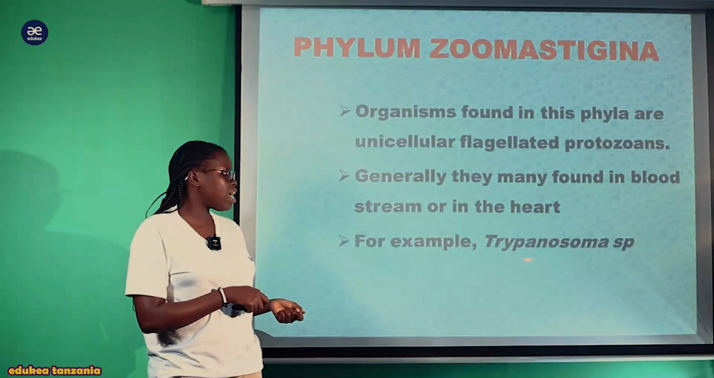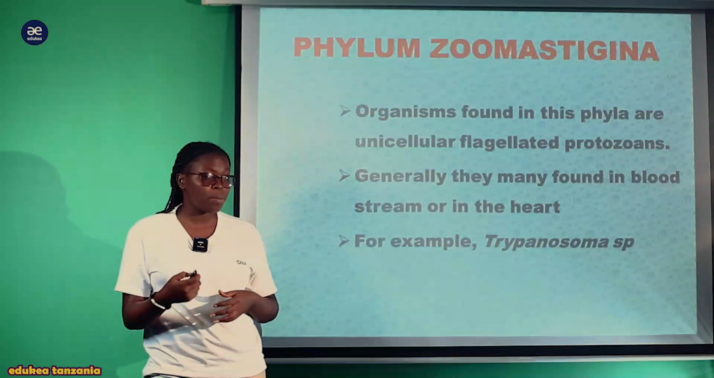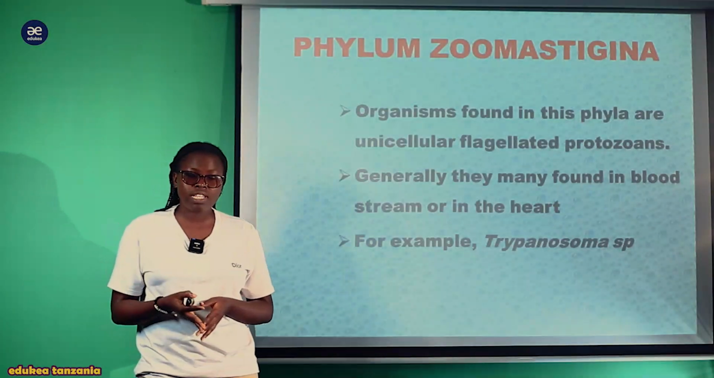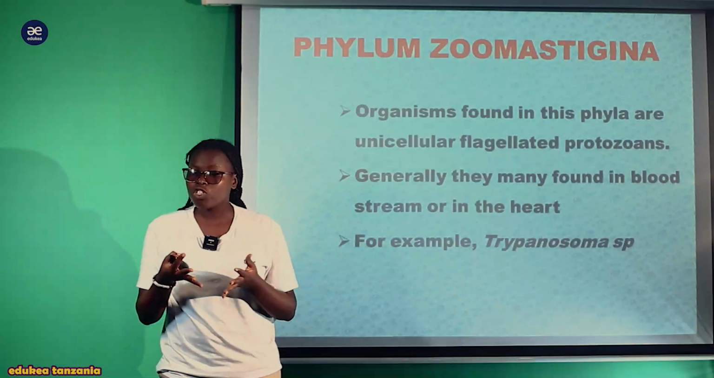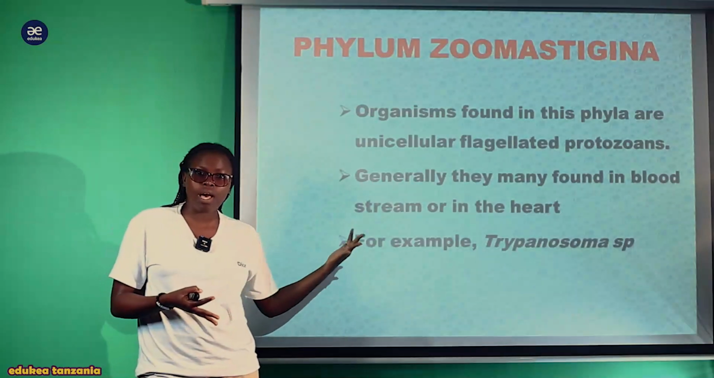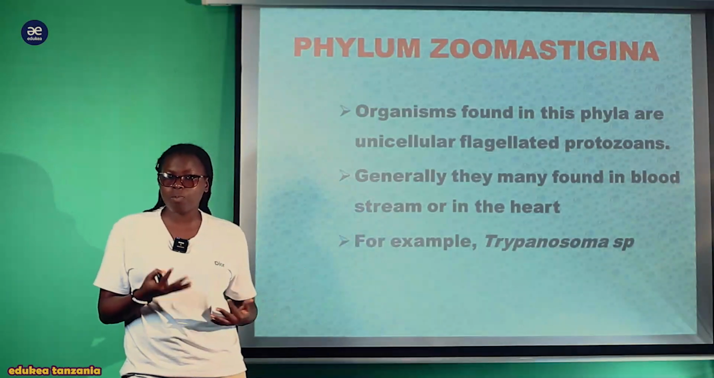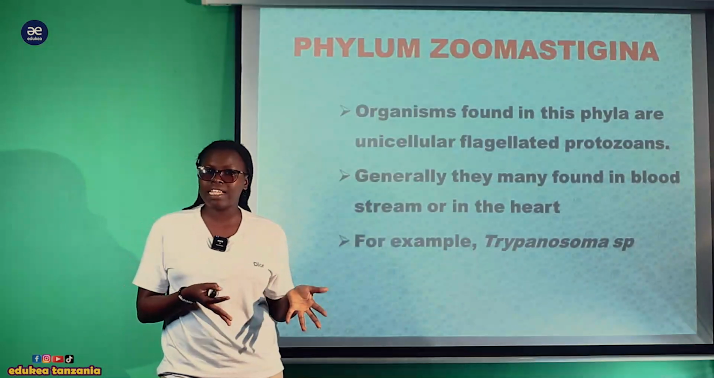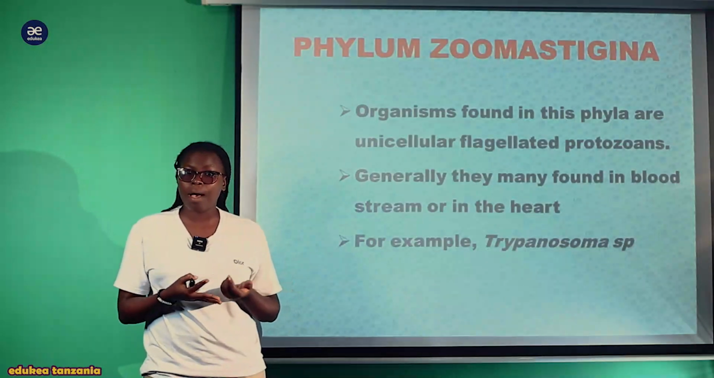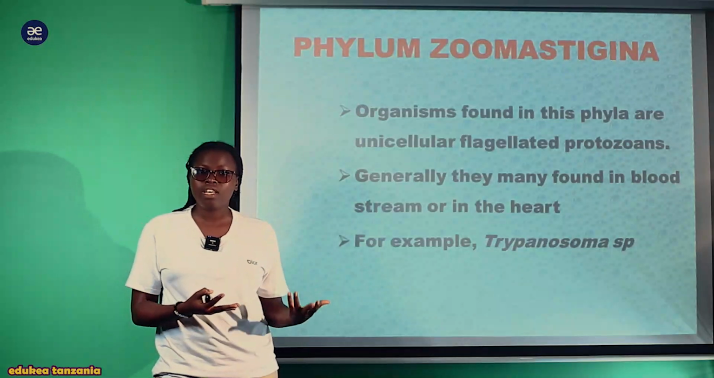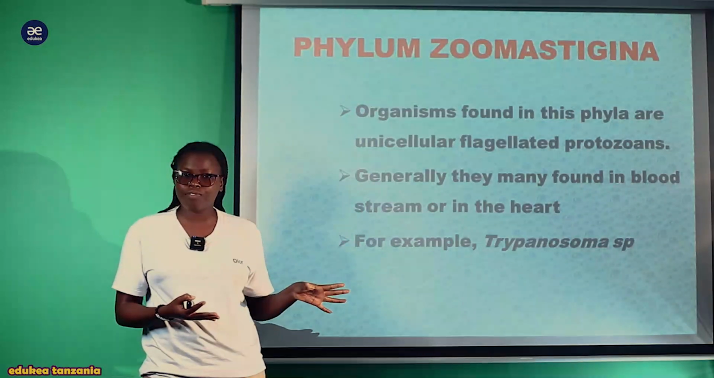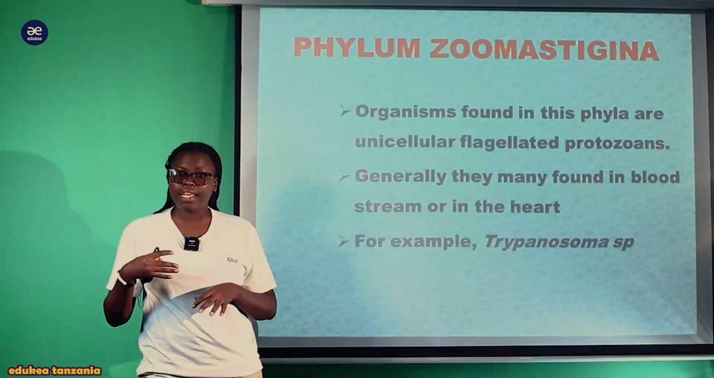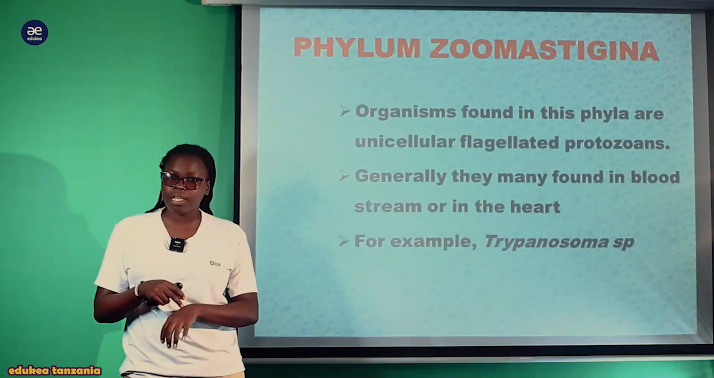For example, there is this Trypanosoma species. Example of Trypanosoma species, tunasikia kuna ugonjwa wa malale. Ugonjwa wa malale inasababishwa na Trypanosoma species ambayo inaitwa Trypanosoma brucei, ambaye anabebwa na tsetse fly ambayo ni mbung'o, ambaye anakuwa kama vector or carrier. So when this kind of Trypanosoma species takes a bite or blood meal in the body of an